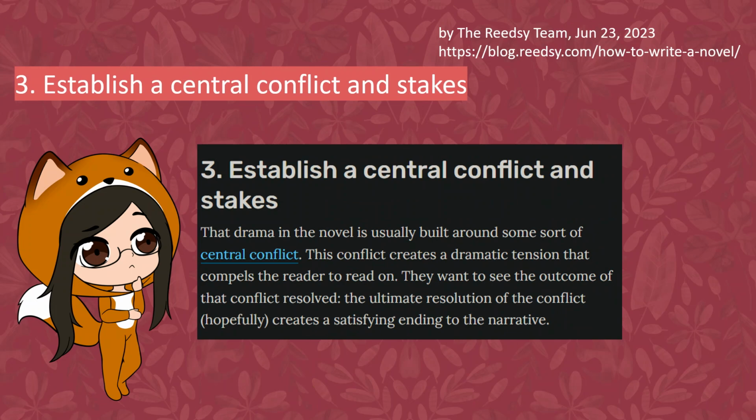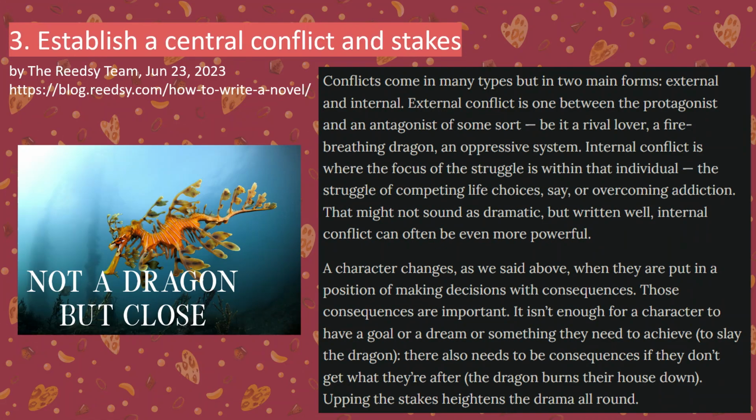So, yes, if you want people to care, you need to shove your character into terrible situations. Sorry, but you do. That's what a story is. Okay. So,